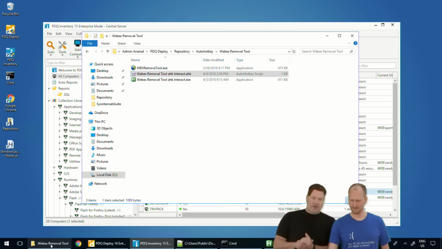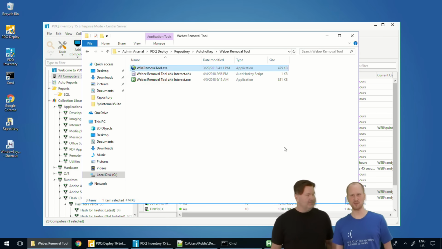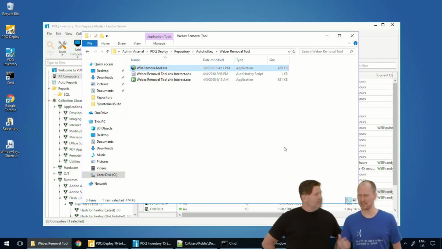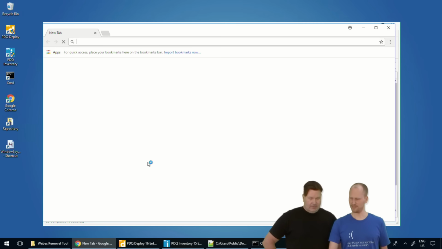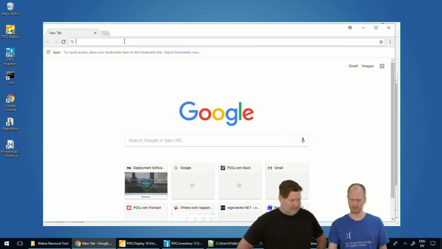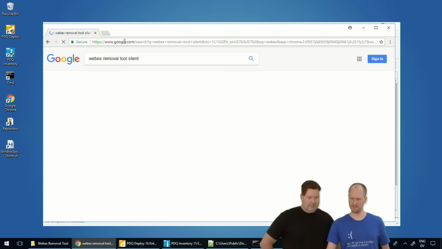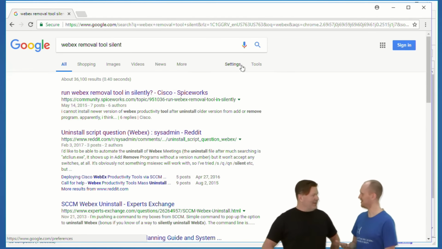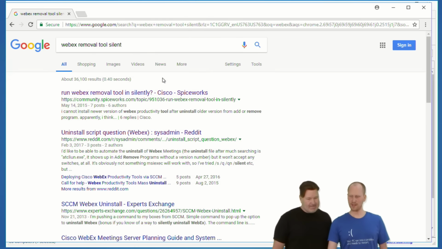So let's say you are installing an EXE like the WebEx removal tool. We're going to see if we can figure out what the silent parameters are. So maybe the first step is we want to Google. Google is your friend. So I'm going to look up WebEx removal tool silent. Now, most of the time, if there are silent parameters, you'll be able to easily find